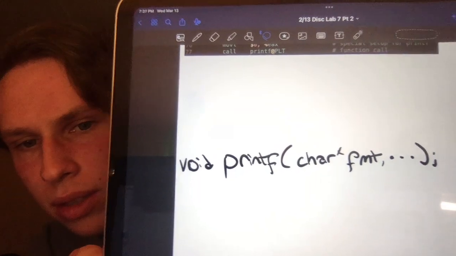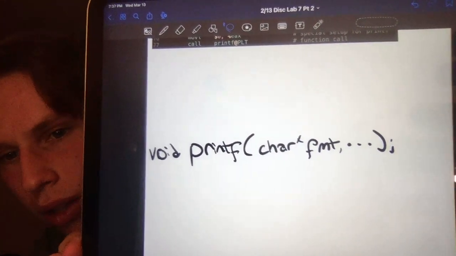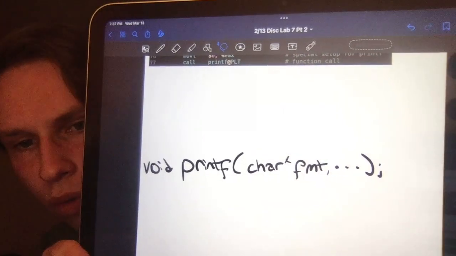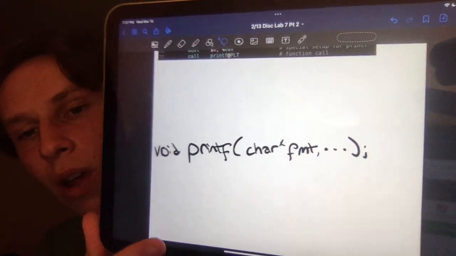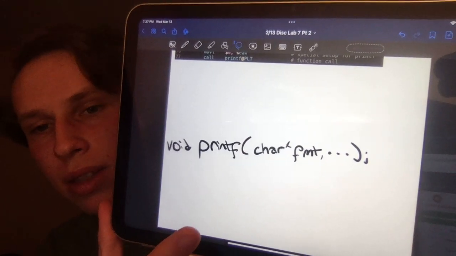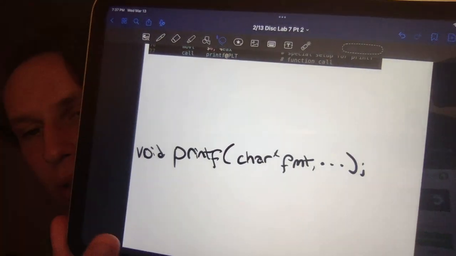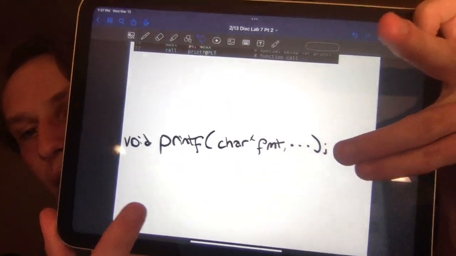Next, variable length or variable argument functions, which I've been talking about. What are they? They're basically functions that can take as many arguments as the user wants to input. I've drawn out what they look like. So printf, I'm assuming, returns void, and we have our character pointer format, the string that is like %d, %d, %d, and then right over here,